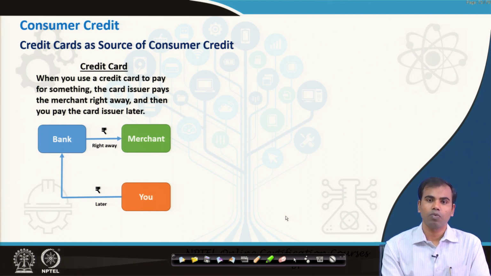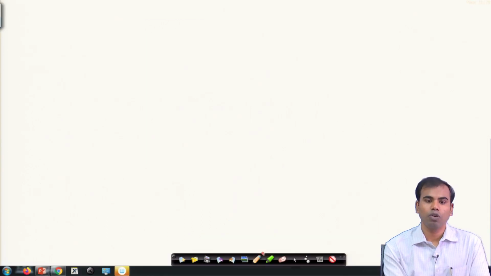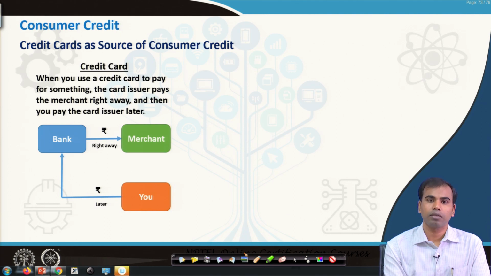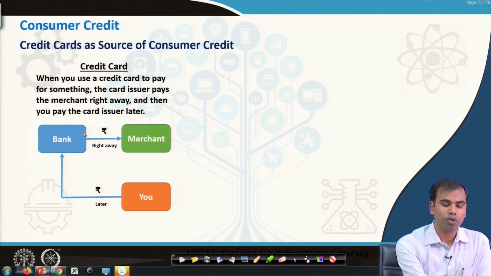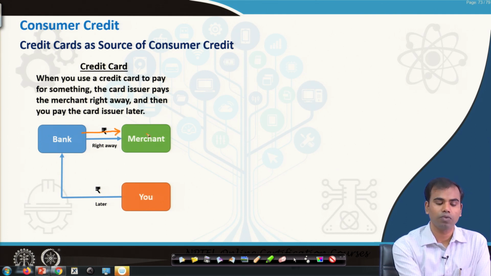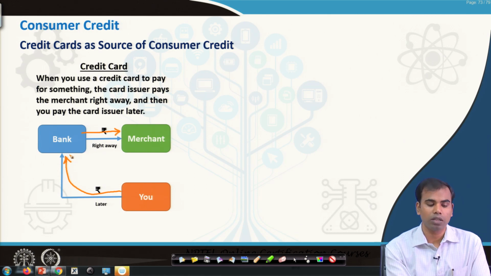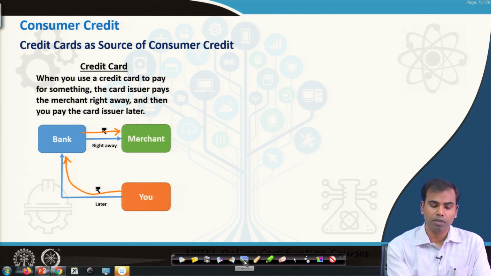are sources of credit where, when you use a credit card for making a payment for a purchase of goods or services, the card issuer, which is basically a financial institution or bank or a retailer in some cases, pays the merchant immediately and you are charged that amount in your credit card bill and you pay that amount later on. So, basically the flow of money is from the bank or the issuer of the credit card towards the merchant when you make a payment immediately, but the amount is charged to you on a later date and you pay that money to the bank or to the card issuer at a later date, which is slightly different because